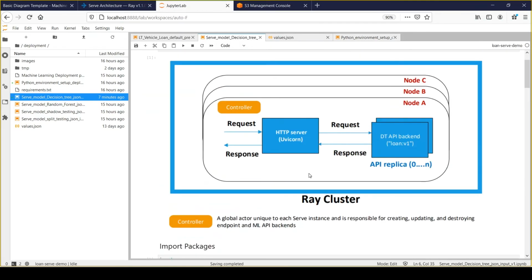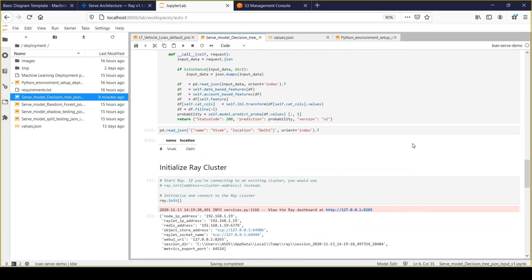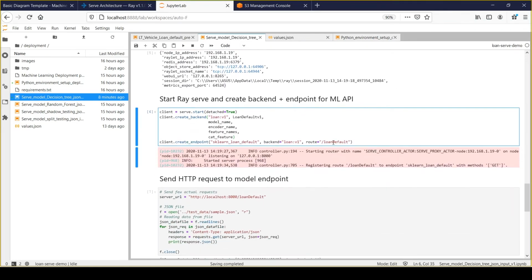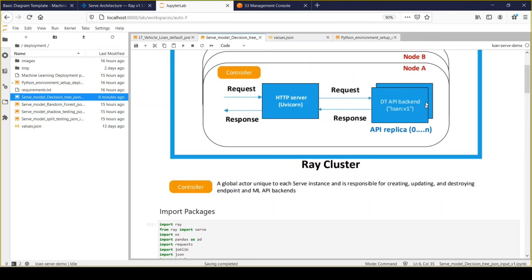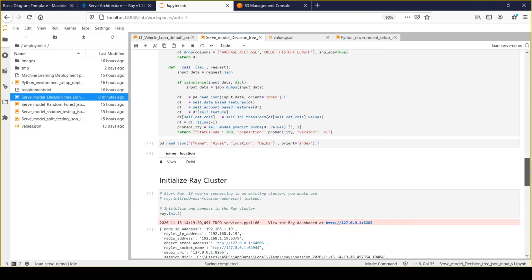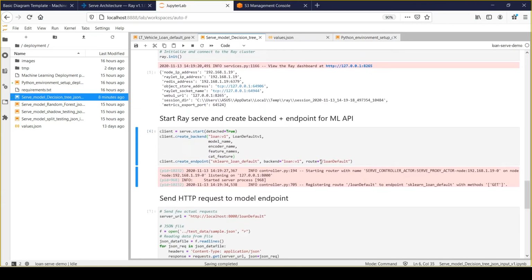So if we look at this diagram, it will simply create a backend like this, and my endpoint will attach this route to my backend API. In this manner, this API would be recognized whenever my endpoint contains this route function in the URL path.